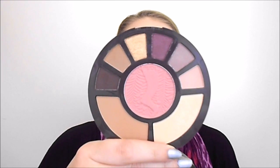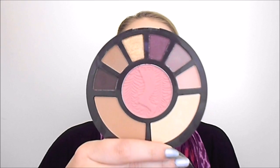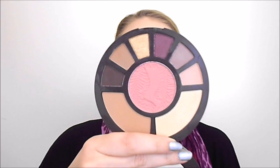I was really happy with the way that these shades work together, and these Tarte shadows are nicely formulated, but I haven't reached for them in years, so I'm glad I got some use out of these. But I wouldn't say they're amazing, but they worked perfectly with this look. I really loved that MAC Cranberry look. It's something that I have been wearing for years, but like I said, I've always had a really hard time figuring out what shade to use in a crease, and I think that Tarte shadow was absolutely perfect. So I'm really happy that I decided to do this video this month, and I discovered my favorite way to